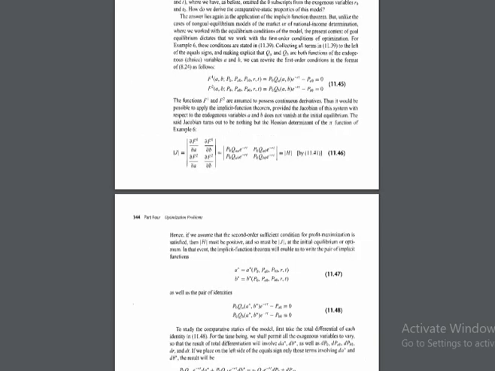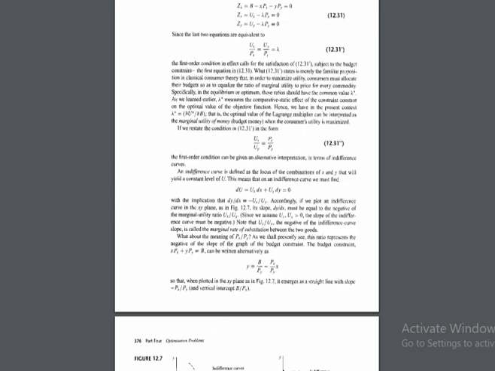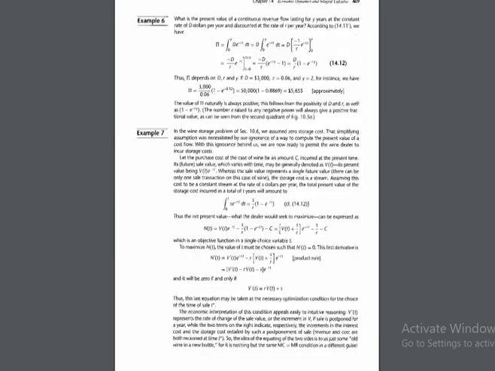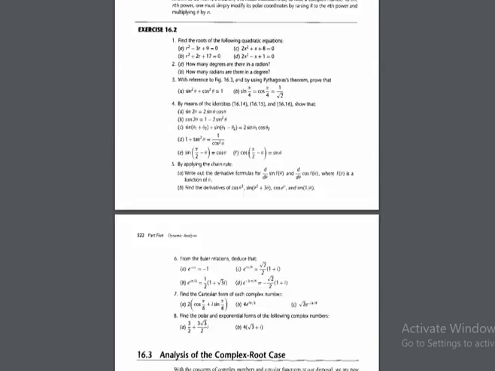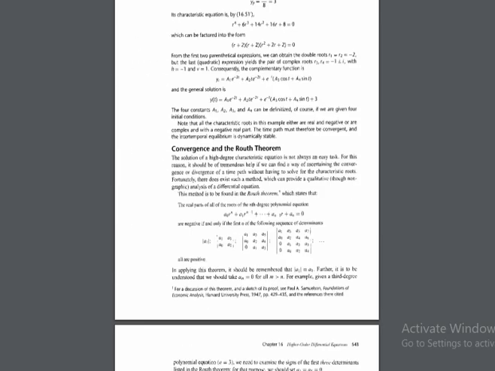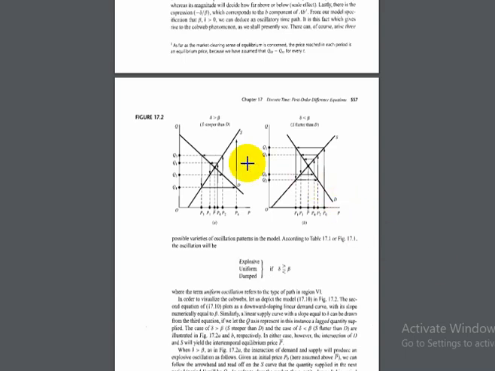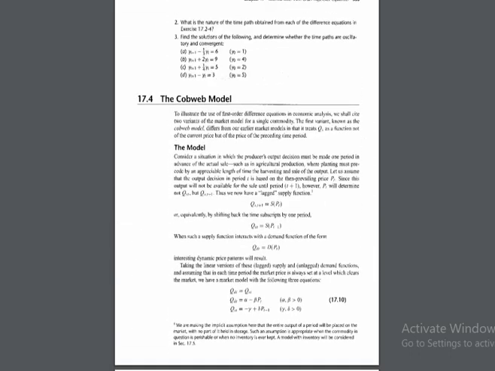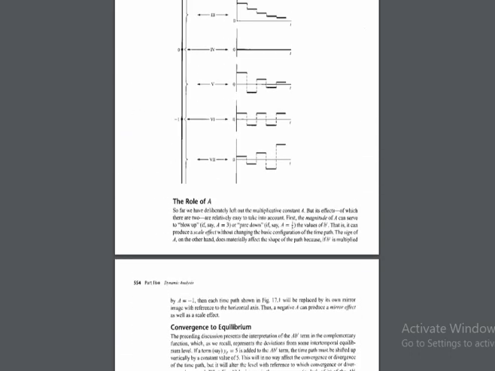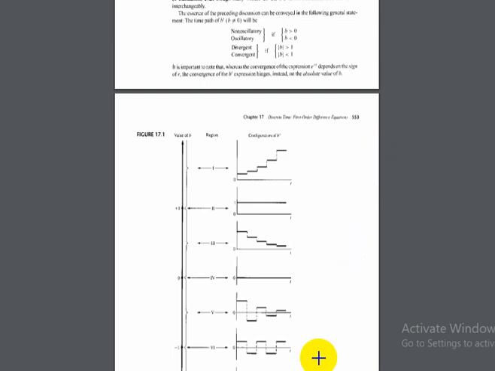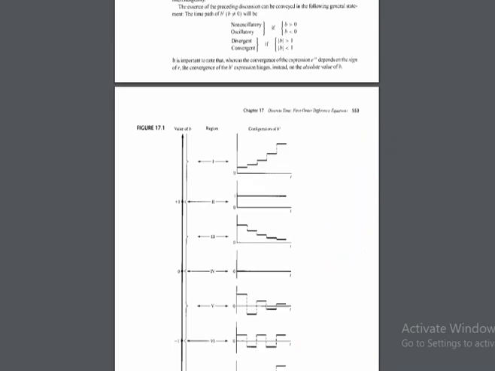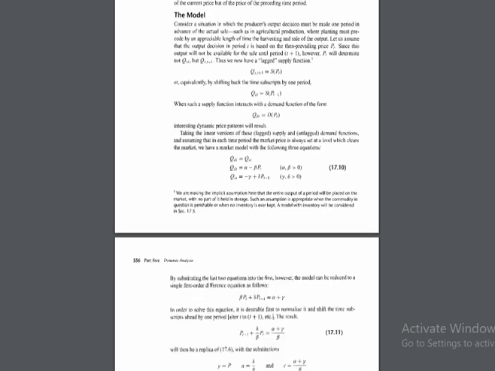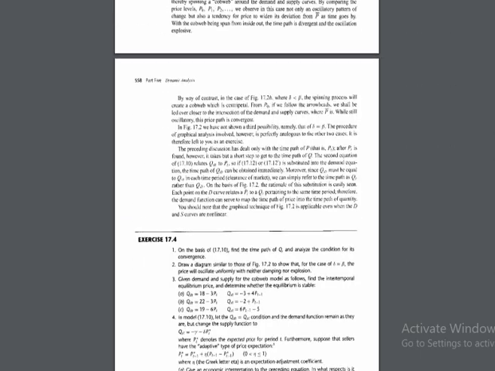Okay, so this is all about the basics of the book, and they have done a good job in this segment. I would like to just point out this area, especially here. This is the time path analysis. Okay, this time path analysis they have done really well. Every time they have given a function, and as you can see, 6 different cases are also discussed in a single page, and the cobweb model is also done. So rarely in a mathematical economics book is this much bigger and detailed explanation given,